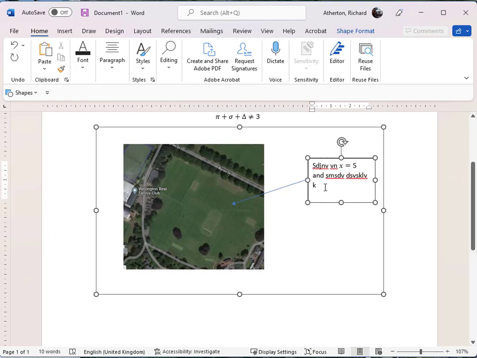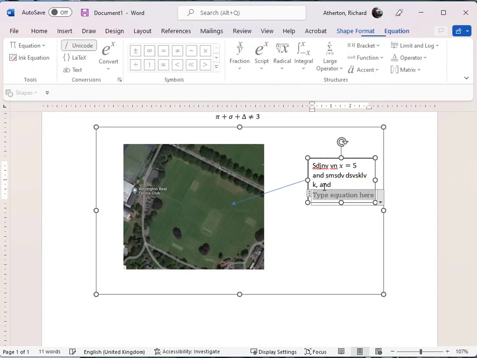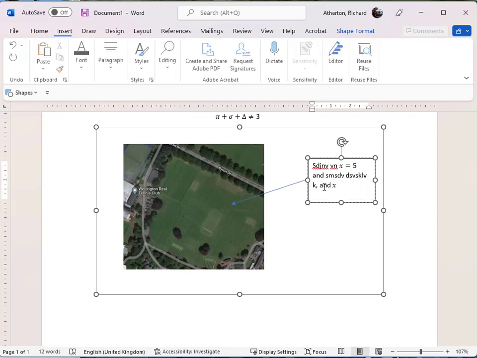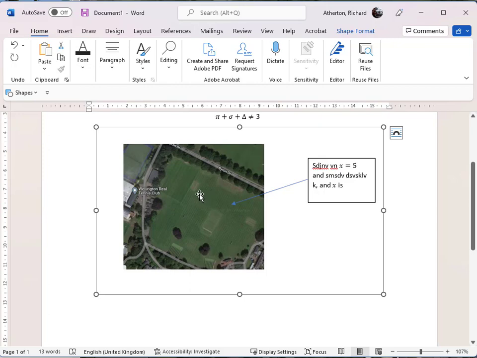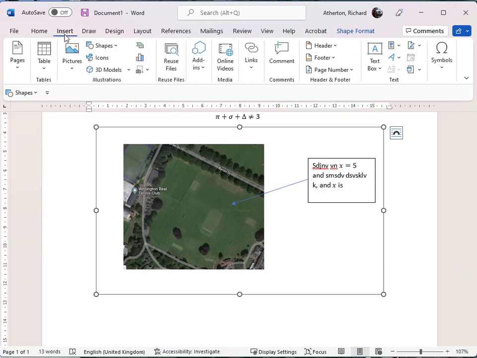So put the equation in, even if I just write x and Alt equals X, move out of it, and it's because it writes X really nicely in the same font, italicized, and makes everything look classy. That's really nice. One last thing is I want to put a number on here, so I'll go insert a